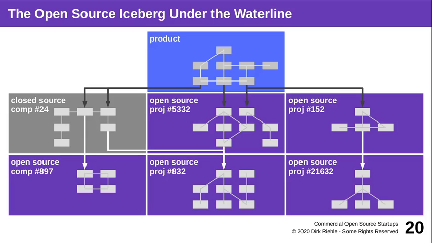It's metaphorically, analogically, I think it's an analogy, the iceberg with a big part under the waterline. Your product has its components, you include components which have subcomponents and reference other components, and it quickly gets out of hand in that you have hundreds, if not thousands, of other open source components by different people that become included in your product that you sell to customers. Why is that a problem?